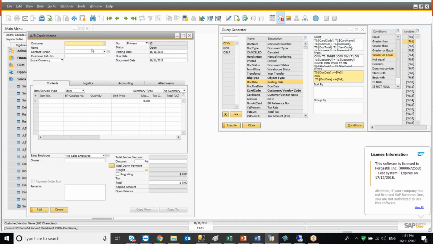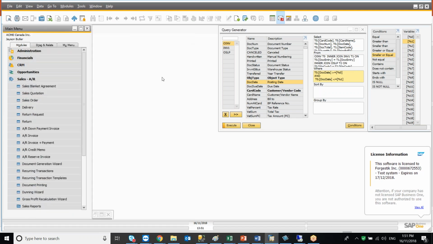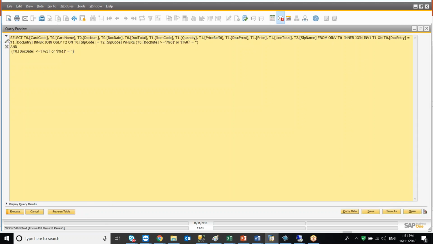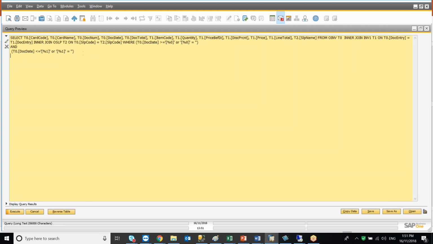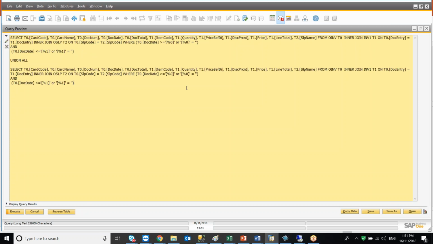Well, instead of being OINV, we can see here that it's ORIN. And then if we look at our details, according to the syntax, ORIN, then we're going to have RIN1 for our details here. So if we pull up our query, all we need to do is highlight everything we've done so far, copy it, do a union all, then paste it. And now what we need to do is simply change our table names for OINV to ORIN and INV1